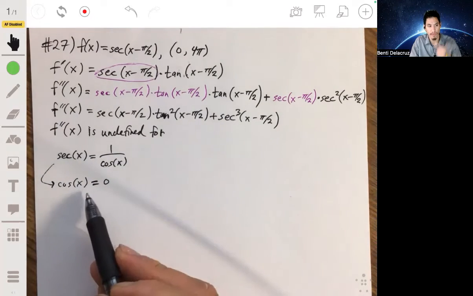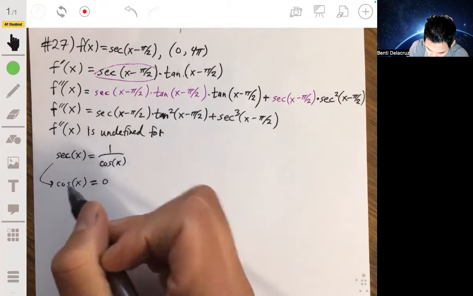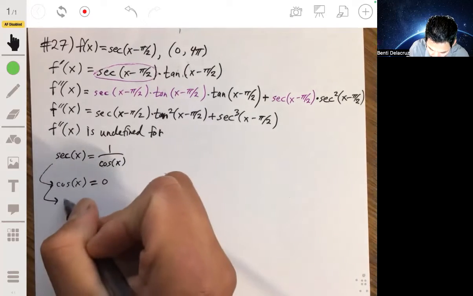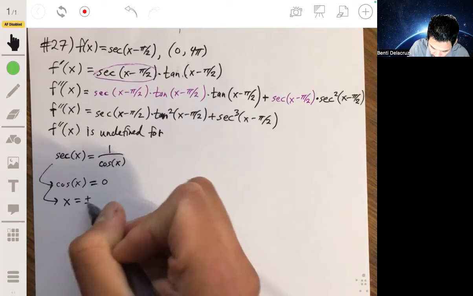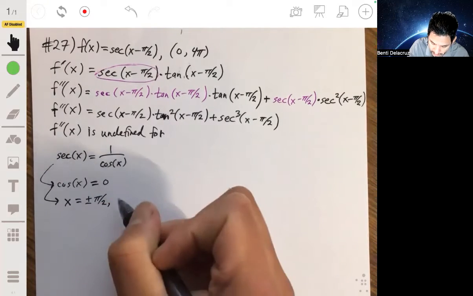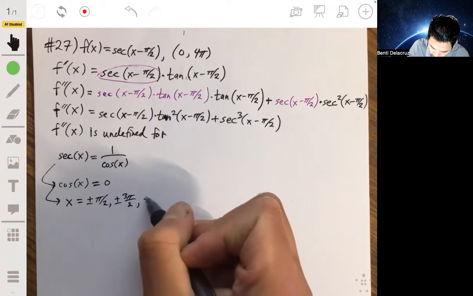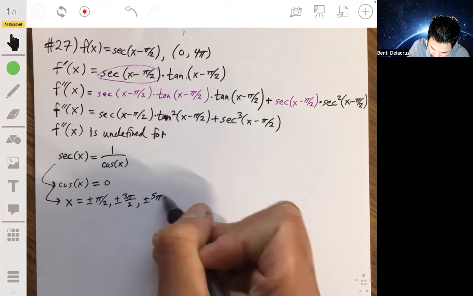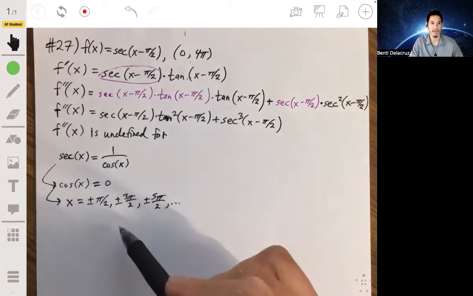And you should know that the cosine of x is equal to 0 when x equals positive negative pi over 2, or positive negative 3 pi over 2, or positive negative 5 pi over 2, and so forth. We only care about the ones in here,